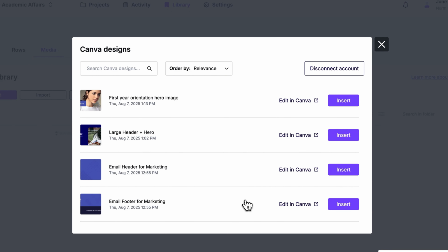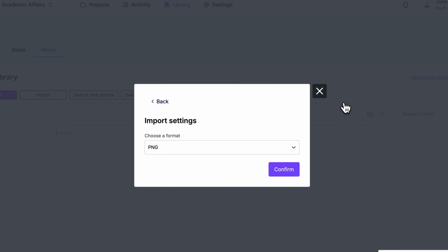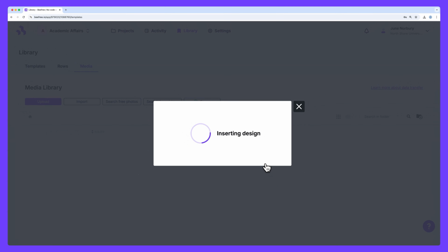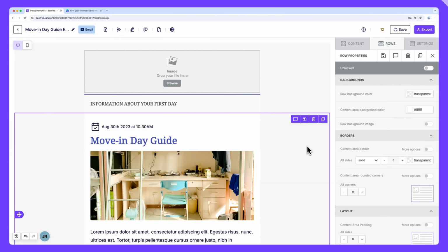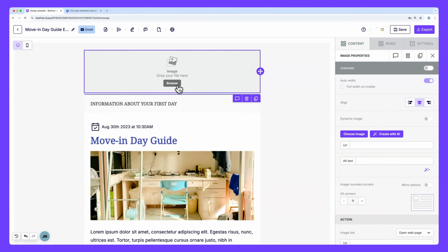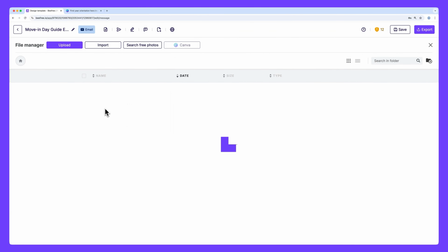Now we can select the image we want to import by clicking Insert, and then select the format we want to save it in. So let's go with PNG here. Okay, great. You can see our image was uploaded successfully to the file manager and saved inside a newly created folder called Canva. And now it's ready to use, so you can effortlessly add this Canva design to your email